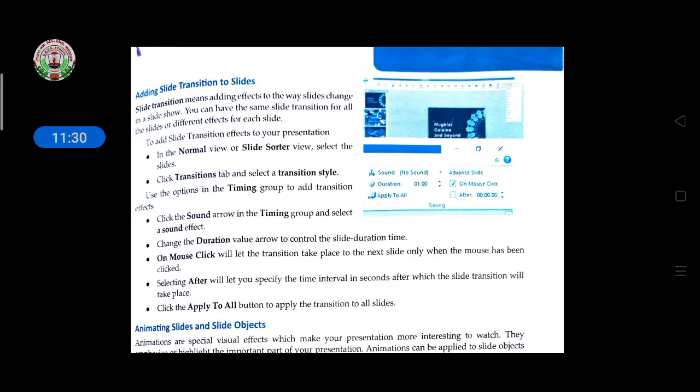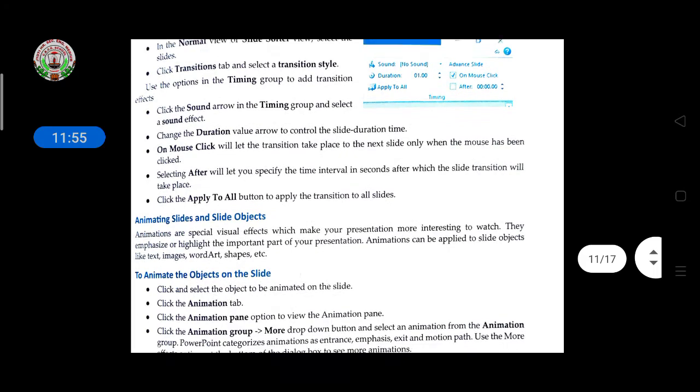If you are showing your presentation with the help of a mouse click, then there is no need to select the time, and if you want the slide to move automatically after a time duration, then you have to give the time duration there. And then here the transitions are given, you have to select and give.